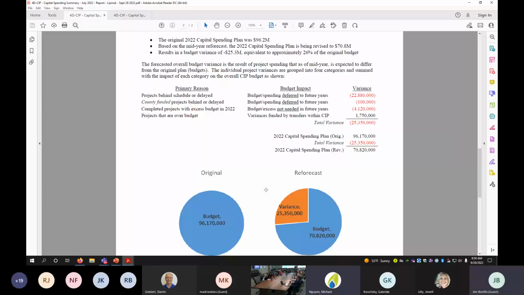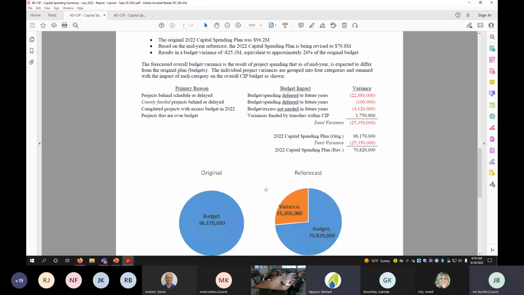Projects that are either behind schedule or delayed, and therefore the impact to the budget is that we're going to defer that money and spend it in the following years. So that might be projects that we're supposed to start this year and haven't started yet, ongoing projects that are spending slower than had been projected, or in some cases, reimbursement projects where the work is being done by somebody else and we need to reimburse them when they complete the work